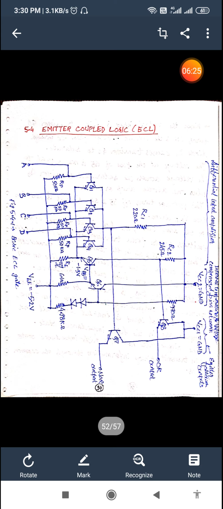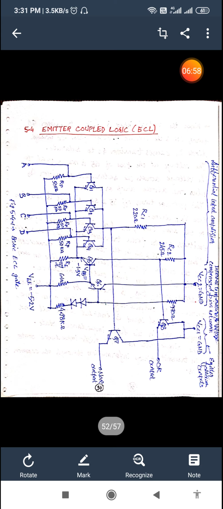If all inputs are at the low level, all input transistors turn off, and in that case Q5 conducts. The voltage at the common emitter node is 1 VBE drop below VBB or minus 2.1 volt. Since the base of each input is at a low level of minus 1.8 volt, each base emitter junction has only 0.3 volt and all input transistors are cut off.